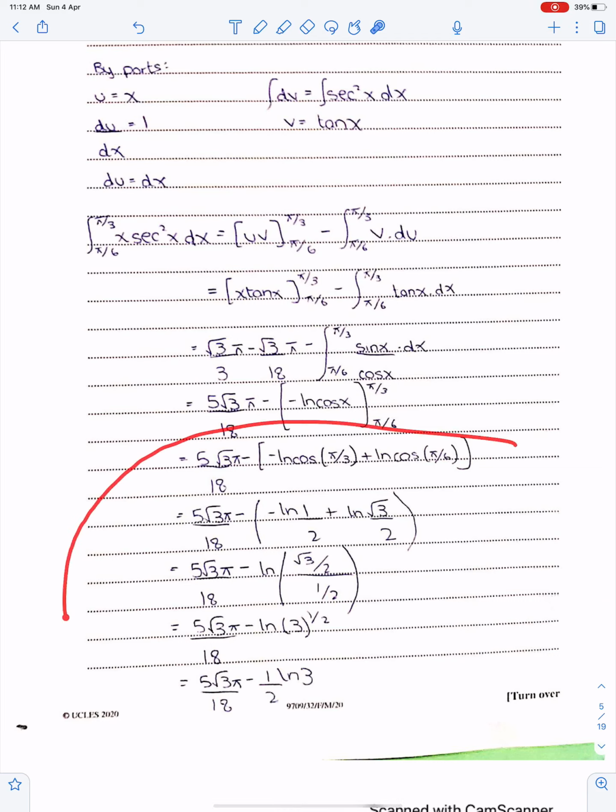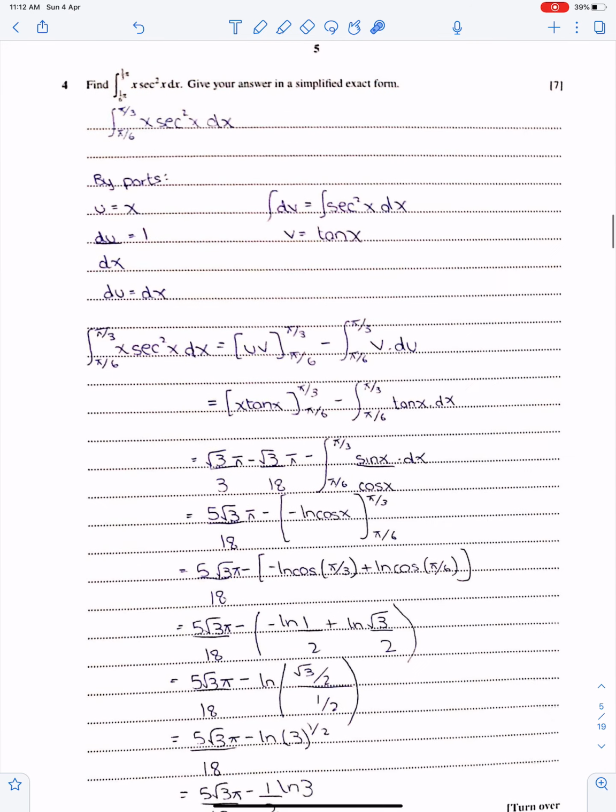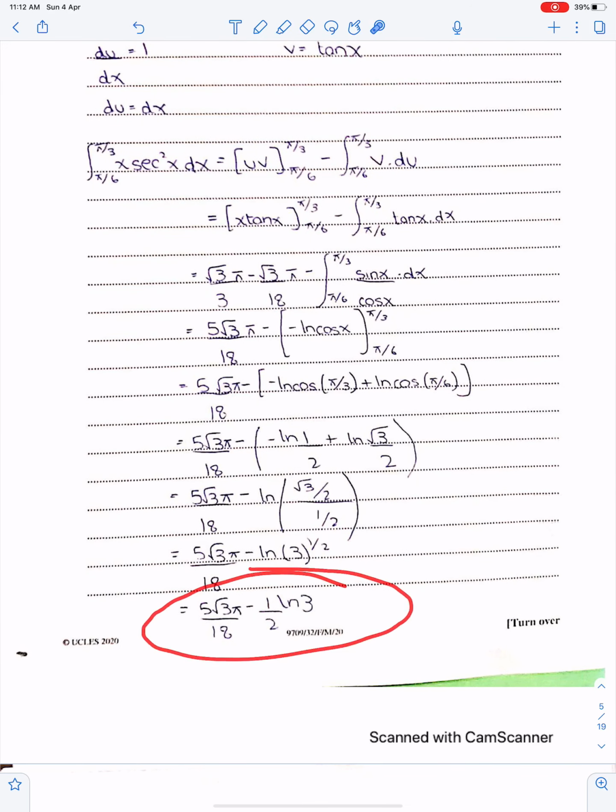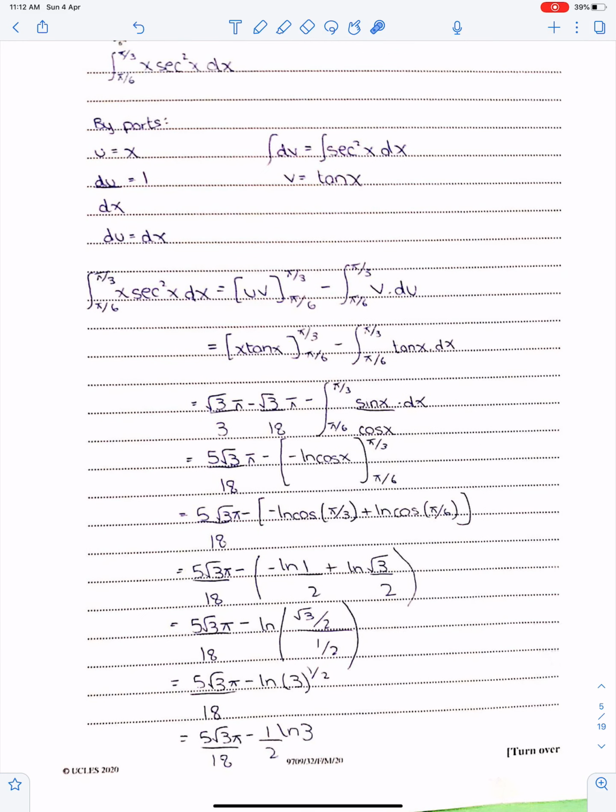Make sure you must be good at logarithms and algebra because you have to give the exact answer. Here we use quotient law. This 2 and this 2 will be cancelled. 3 ln 3 under root 3 can be written as ln half. You can write half here.